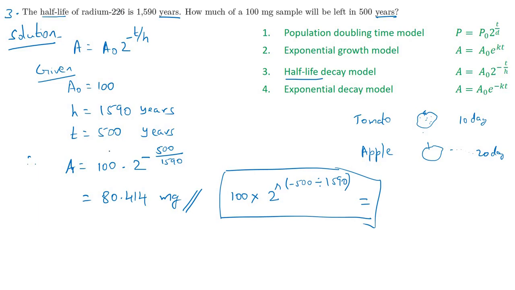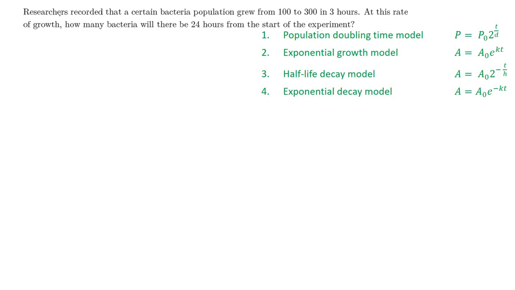See, we have created this: first you identified which model, you wrote what are all the things given, substituted in the formula, then simplified. You will get the answer. All the problems are almost the same idea. Okay, we'll go to the next problem, problem 4.